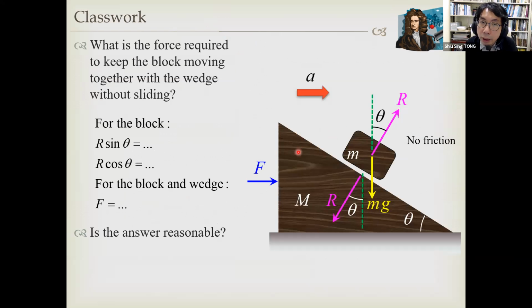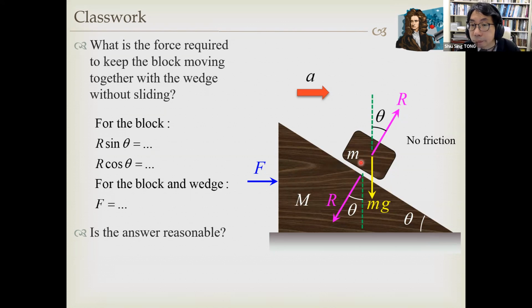Now I have a challenging problem for you. Suppose now we are playing not with a trolley with a horizontal top surface. We are now playing with a wedge. A wedge is a triangular shaped block with a horizontal base and an inclined surface on the top. And the inclined surface makes an angle of theta with the horizontal. Now I place a block. The wedge has a mass M, capital M. And now I place a small block of mass small m on the top of the wedge, on the inclined